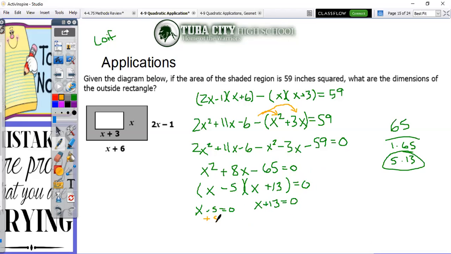Okay, add 5 to both sides here and minus 13 to both sides on this side here. So x plus 5, that would cancel it here. So I get x is equal to 5, and over here I get negative 13 because this will cancel out and 0 minus 13 is going to be negative 13. But again, we get an extraneous solution because we cannot have a rectangle with negative 13, because right here, if I plug it in there, I would get a width of negative 13, and that just doesn't make